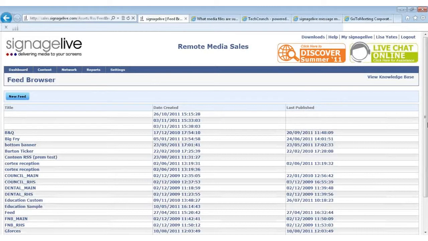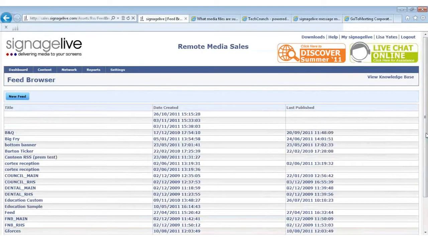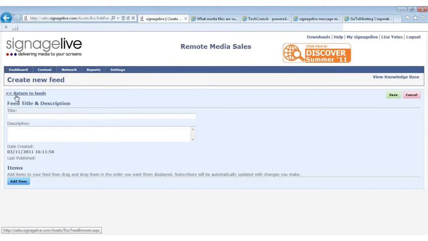we're now into our feed browser. So this is a list of any feeds that we may have created in the past, or that may currently be being used on screens on our Signagelive network. But what we're going to do today is create a new feed. So over on the left-hand side, you can see the blue button that says New Feed. If I click into that,